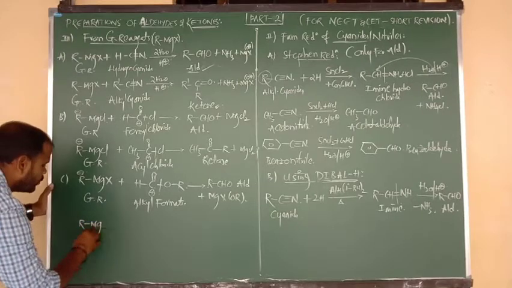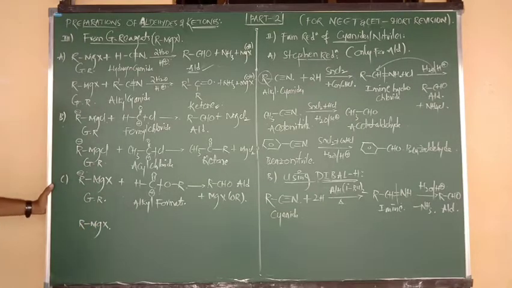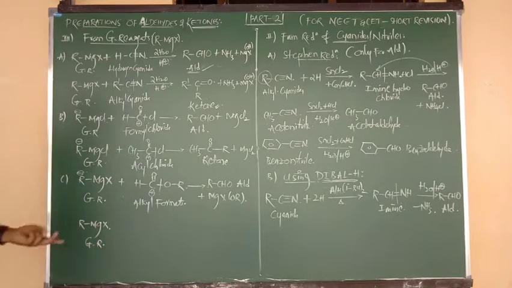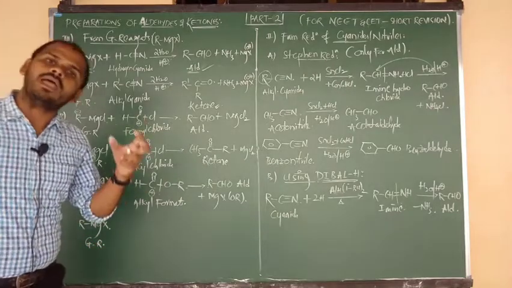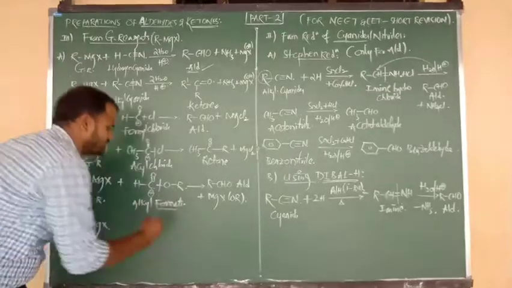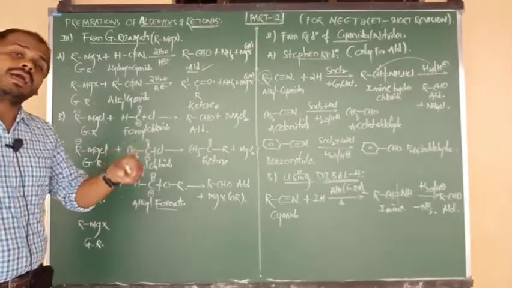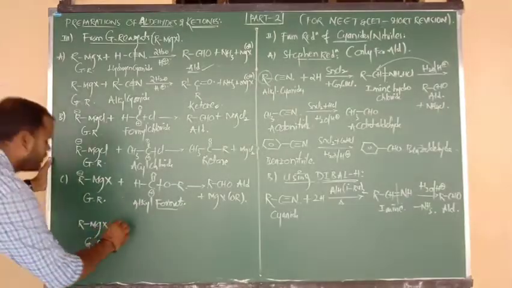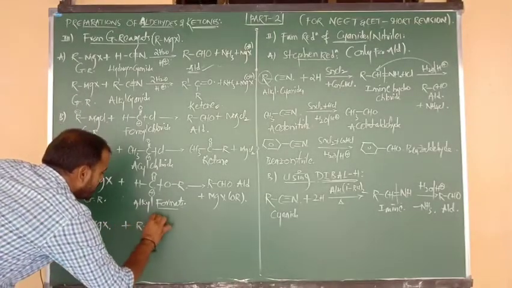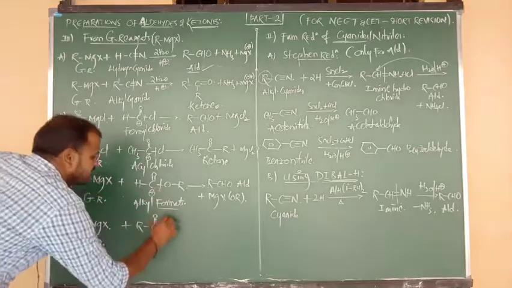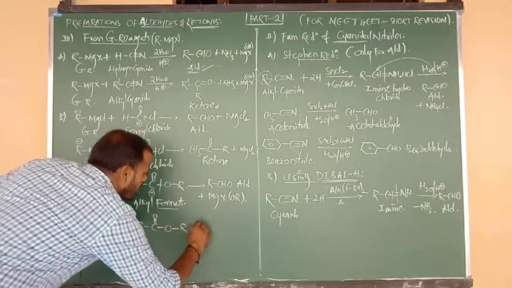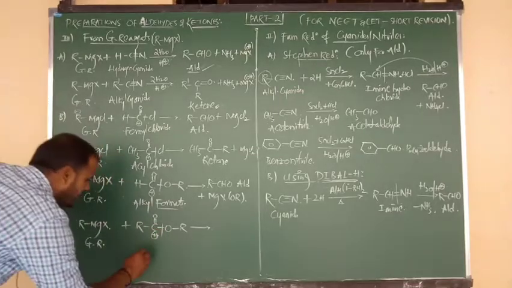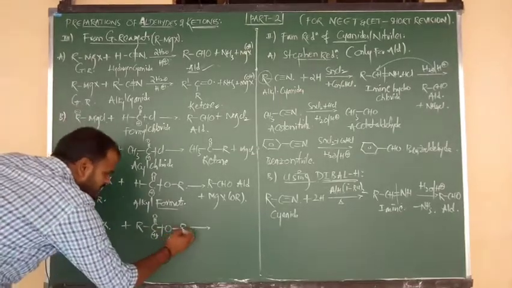Again, another reaction I am going to write here. RMgX, meaning Grignard reagent, upon reaction with alkyl alkanoate. This was formate. Now I am saying alkyl alkanoate, nothing but in place of H, you have to write an R group. R bonded to C double bond O, again C double bond O bonded to O, O bonded to R. Again the same thing. Here, after breaking, what can you write? You can write plus. So what is the name of this compound? The side chain is alkyl.